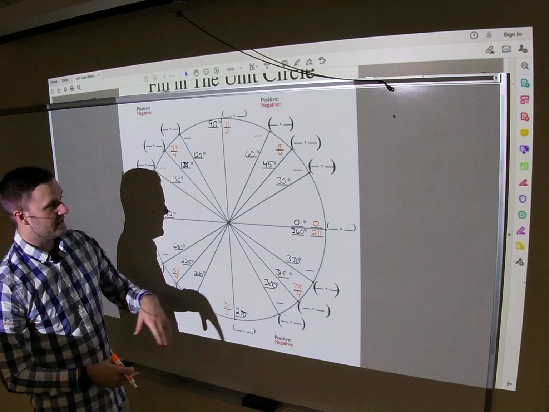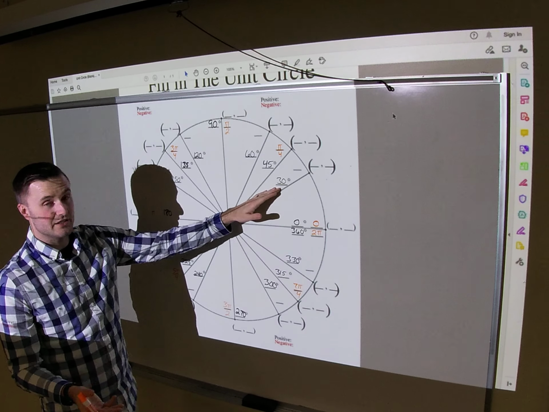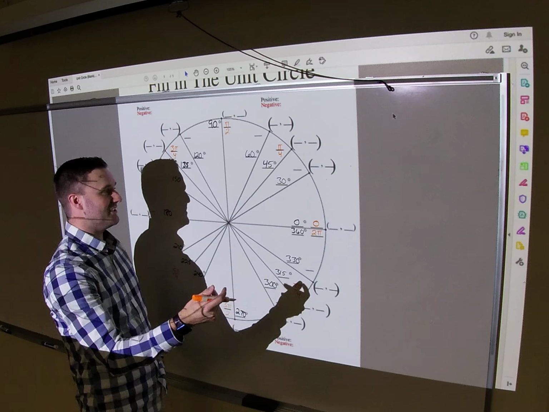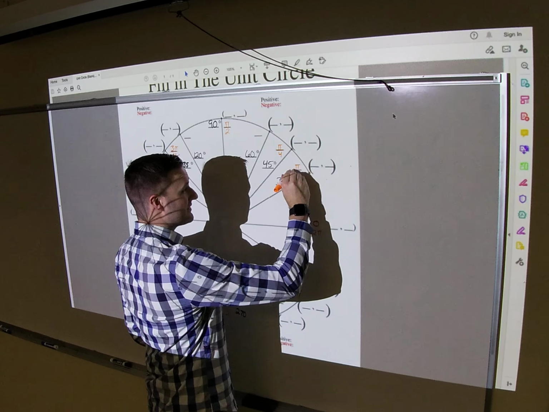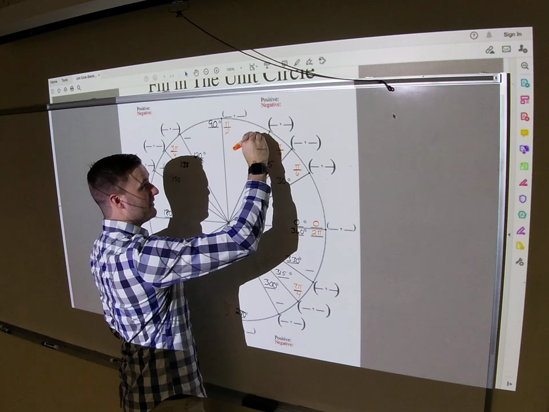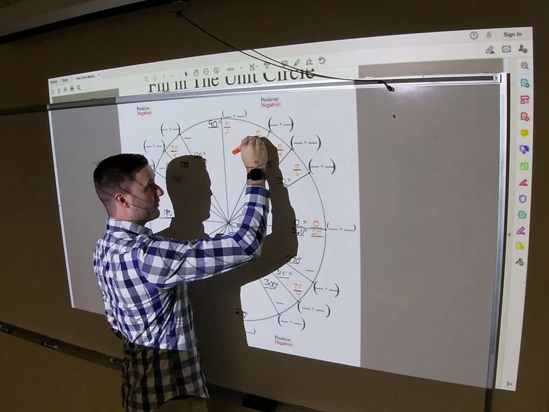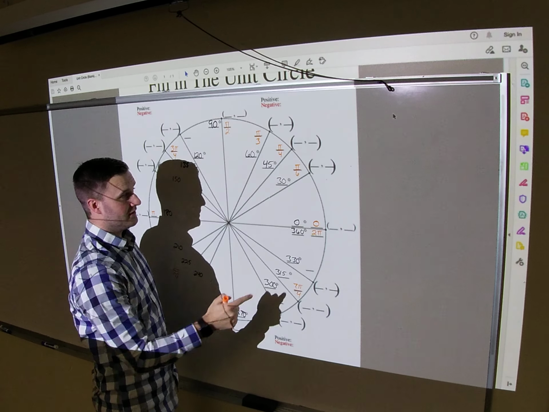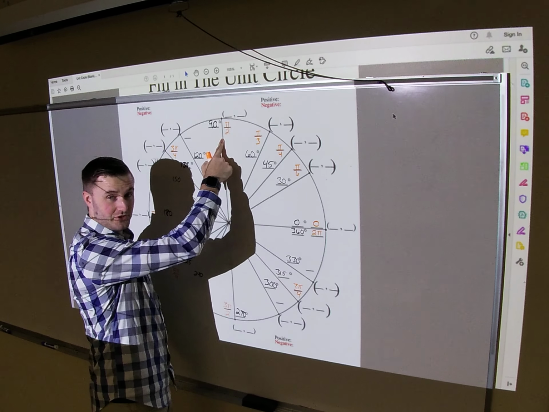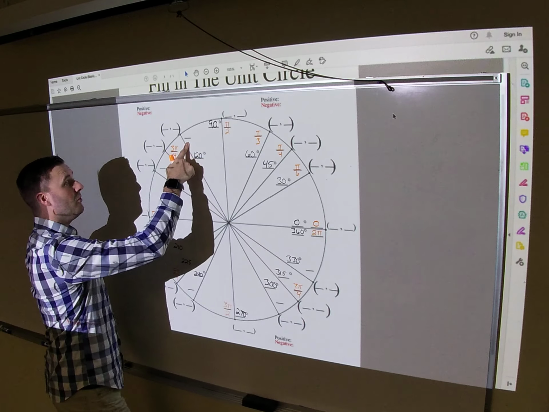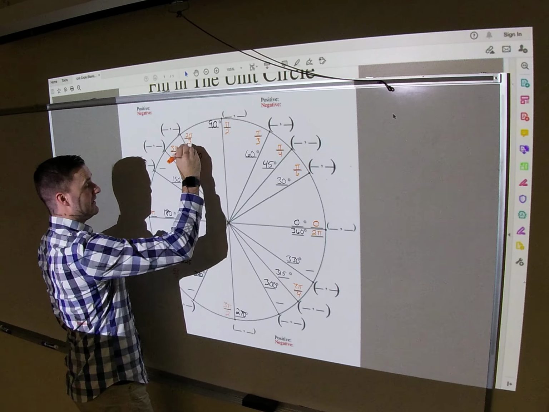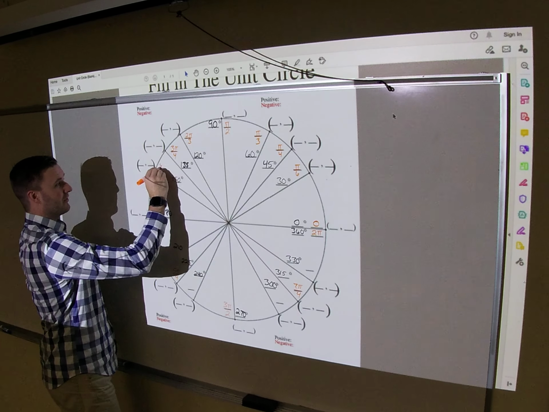In the same way, if we convert, like we said before, 30 degrees to radian measure, that'd be pi over 6. Now we're going to add 1/6 to each one. So here's 1 pi over 6. Jump 30 degrees. This is 2 pi over 6. But remember, 2 over 6 reduces to 1 over 3. So this becomes 1 pi over 3. So 1 pi over 6, 2 pi over 6, 3 pi over 6, which reduces to 1/2, 4 pi over 6, which reduces to 2 pi over 3, 5 pi over 6,